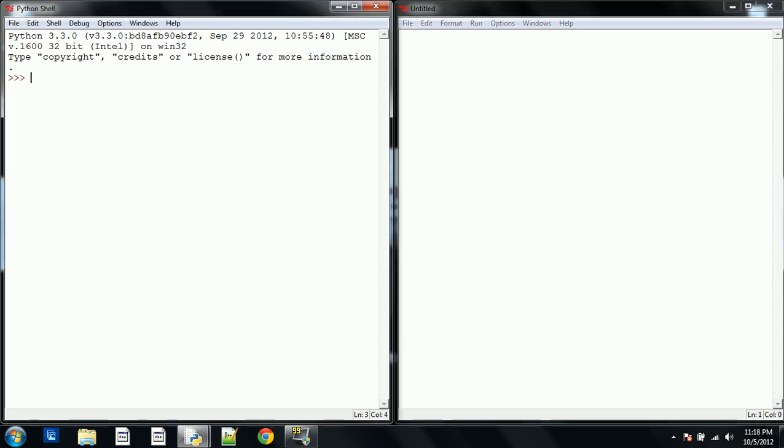So we're going to go ahead and start in the IDLE, and we're going to assign a variable, x equals 0. And what the equal sign means is it means get, so x is getting the value of 0. And then I check just to make sure x is 0. So while x is less than 5, colon,